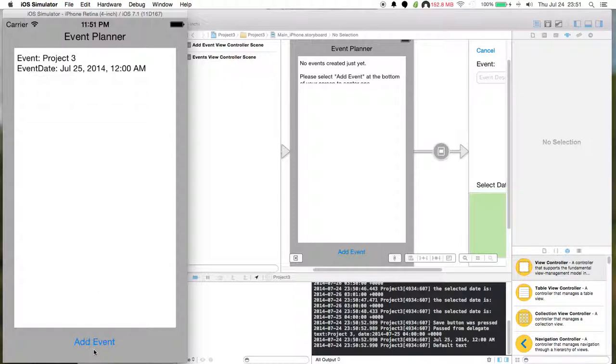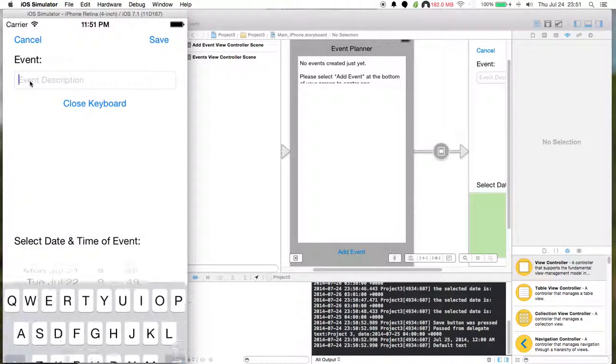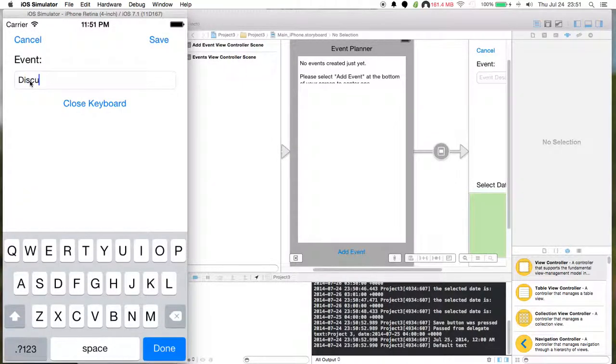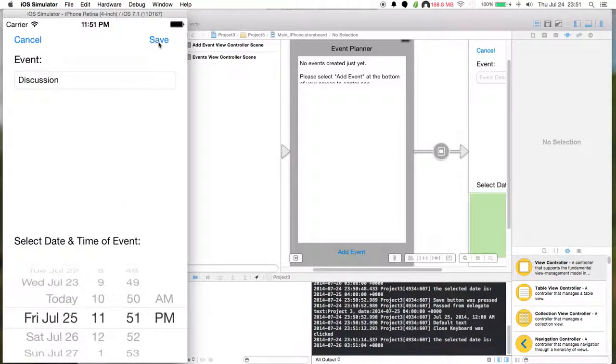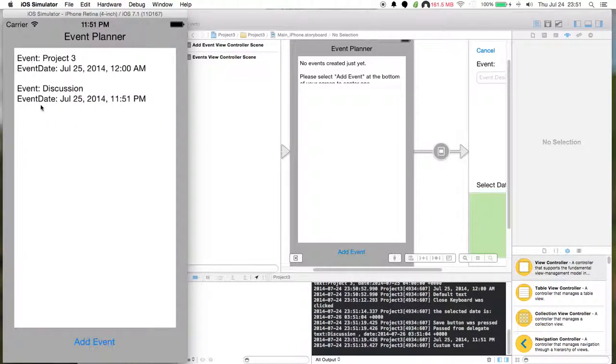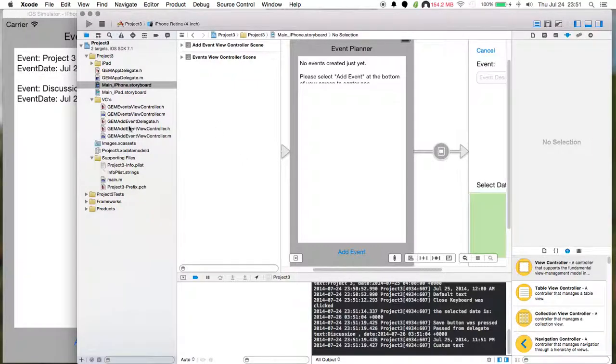And then if you add a second one, our discussion will be due tomorrow. Actually, I should have done that instead of that. We'll just leave it at the defaults there, tomorrow at 11:51 p.m. You save that and it appends to the text there. Jumping into the code,